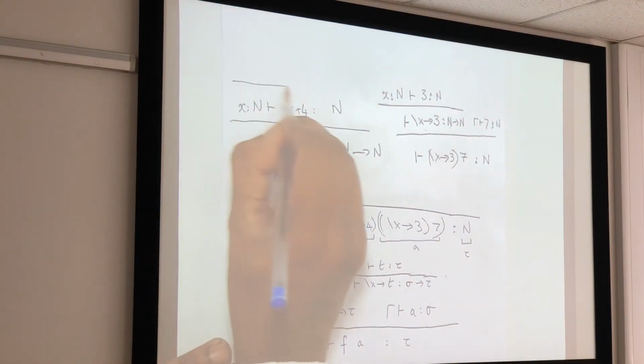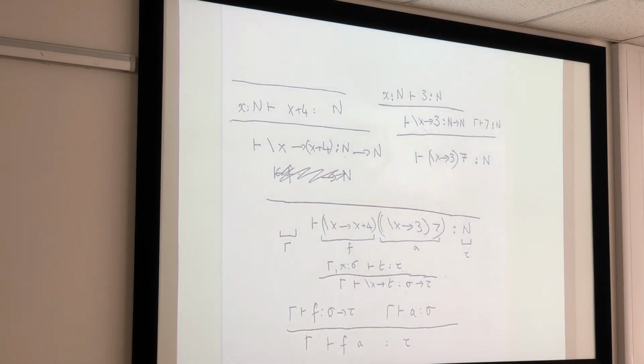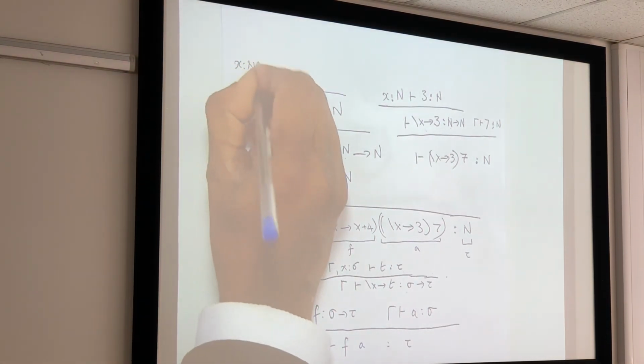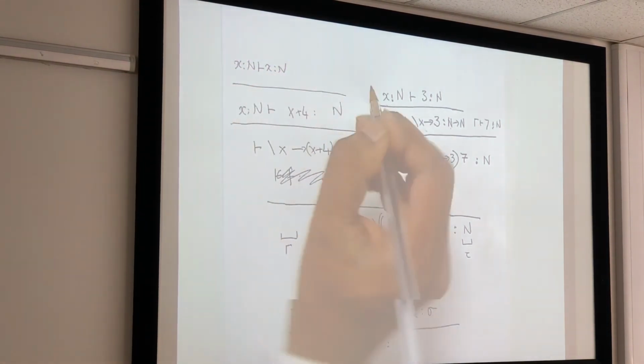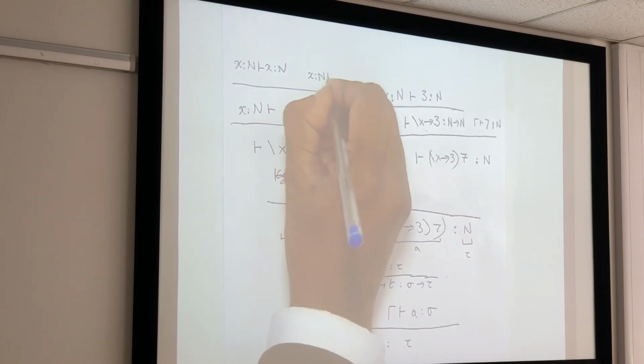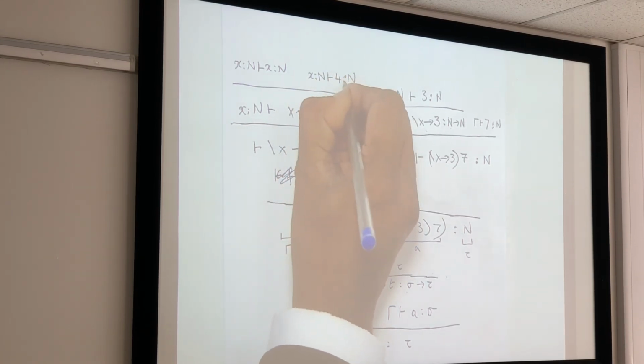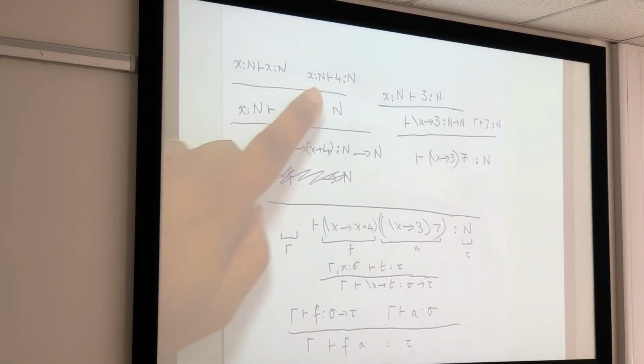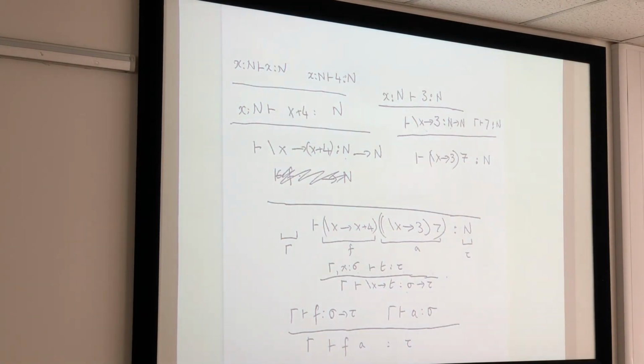And to show that, use the rule for sums, so if you want to show that something plus something has type natural numbers, show each of them has type natural numbers. So I need to show x is type n proves x is type n, and x is type n proves 4 is of type n. And then the rule for variables and the rule for numbers gives you these. So that's the answer. That's both forms of the answer. First of all, it shows that this term has this type,